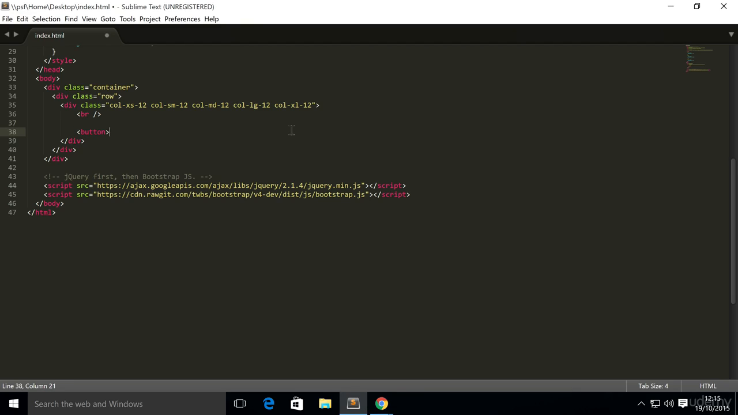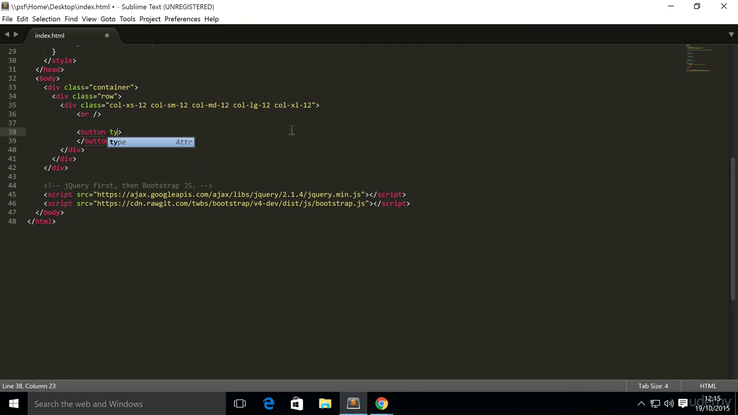Button, type equals button. Needs to have a class. I'm not really going to cover buttons because we have a separate video covering all of that. This is just to get something set up so we can actually trigger modals. Data-toggle equals modal, and now next we just put data-target equals